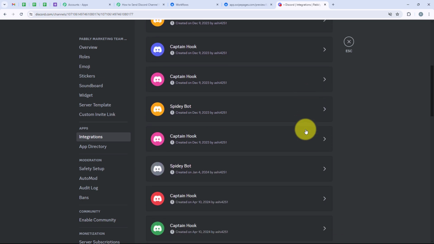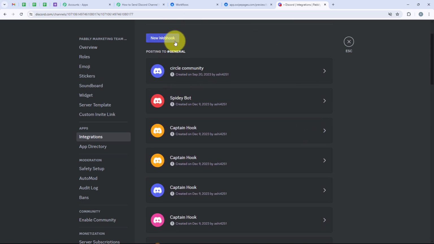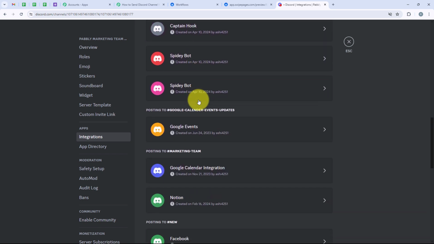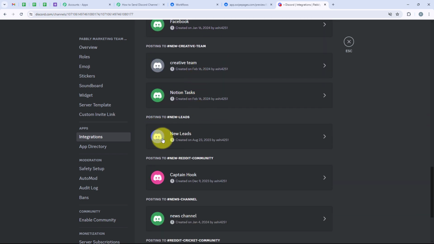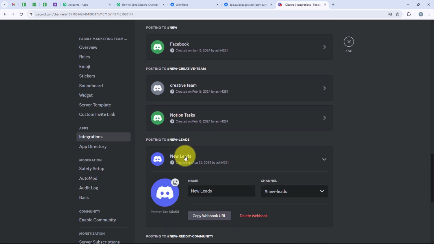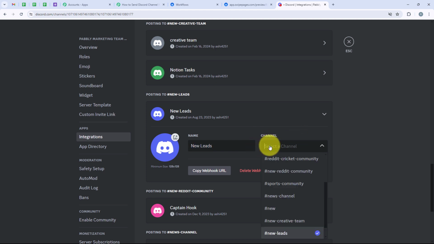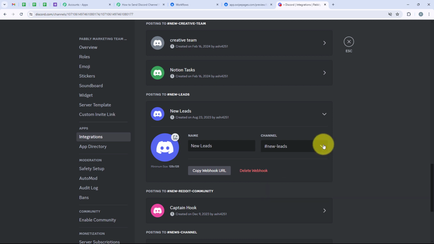And over here, you can see all the webhooks that I have created. So if you wish to create a new webhook, you can click on new webhook right over there and create your own. But I'm going to select one from this only, which is new leads. So I'm going to open this. And over here, you can see that I have named my webhook as new leads and I have selected the channel I want to send the message in. So you have to keep in mind that you have to select the channel you want to send the message to. So now we are going to copy this webhook URL